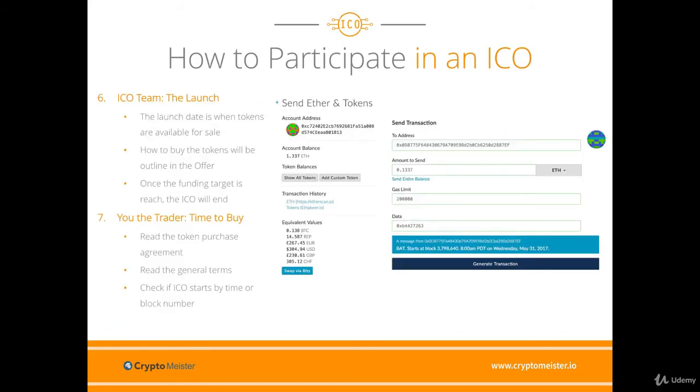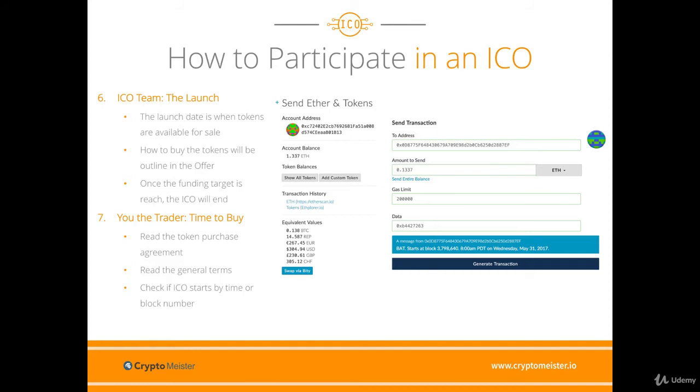The official start date of the ICO sale or launch date is when cryptocurrency tokens are made available. The preferred currency to purchase ICO tokens is usually Ether or Bitcoin. And the ICO company will provide a method to buy the tokens on the launch date, which was outlined in the offer. ICOs usually last at least a few weeks, but can be open-ended with no specified end date. The project will try to raise as much money as possible, but a good practice to look out for is when an ICO places a cap on the total amount raised. Once they have reached their target, the project can continue.